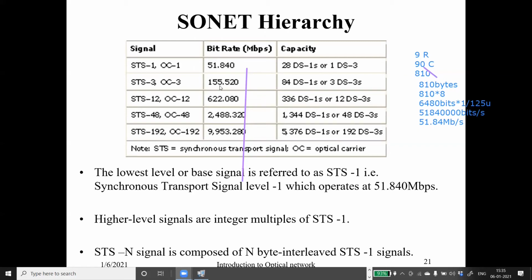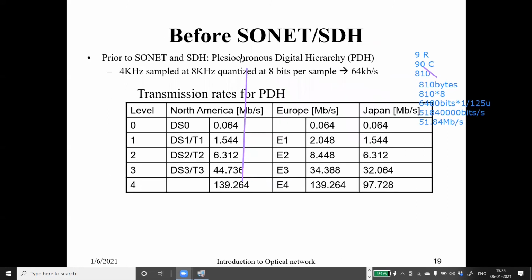They did not select it randomly. They took into consideration how they would accommodate what was there for the previous generation. Taking all this into account for the frame size, it has come to this number, 51.84. So if I say this 51.84, we have to match its capacity. That means, what from the previous generation will fit in one frame? I showed you this was the previous generation, correct?